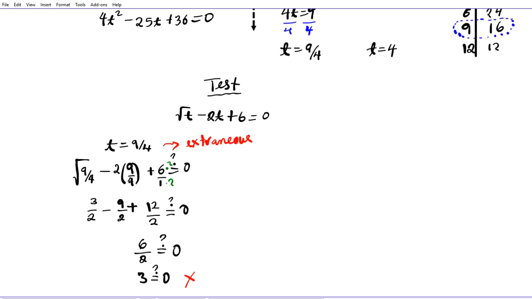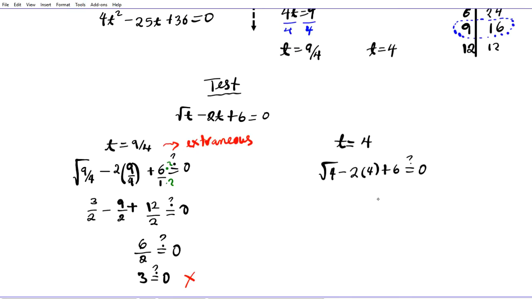Alright. So does that mean that the other one is a solution? No. There are no guarantees. We have to test both because there's a possibility that this radical equation has no solutions at all. Okay. So we test this one by substituting into the original problem and asking ourselves, do we end up with